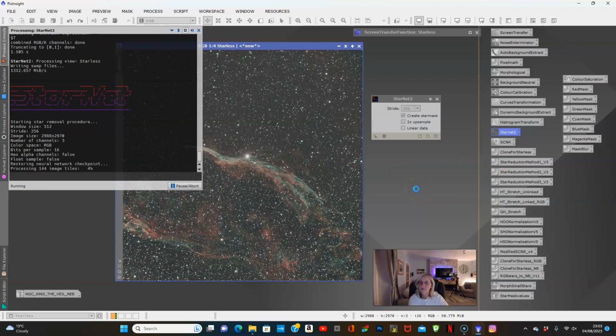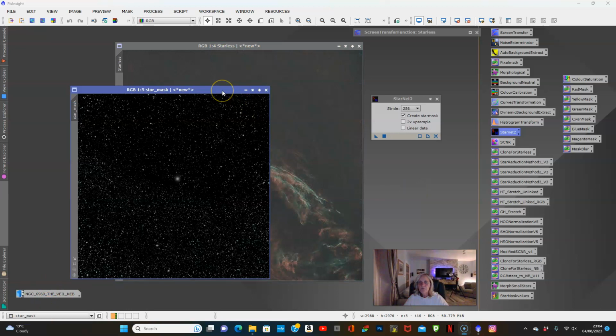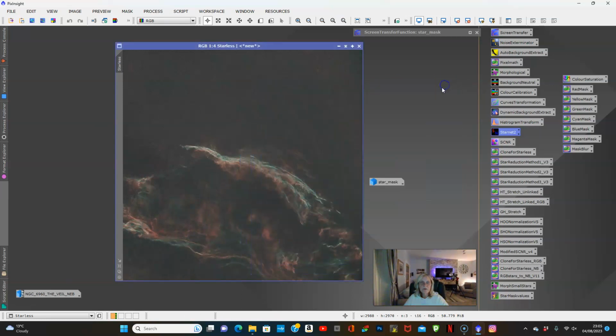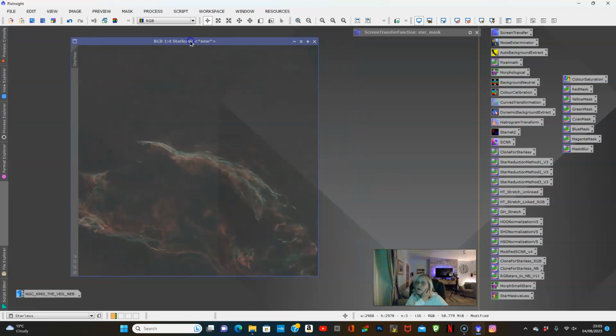So hopefully it won't take too long. So now we have our star mask. I'll take that away and I'll minimize this just now